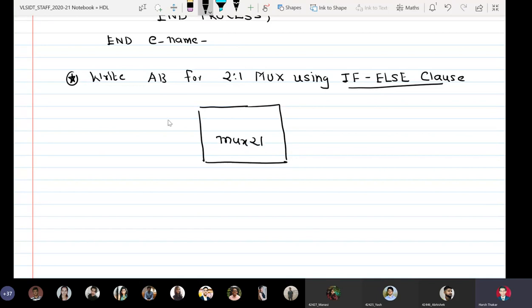Entity name mux21, the first input, second input, select line S, output Y, truth table.